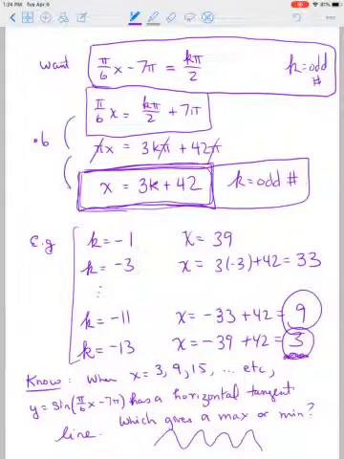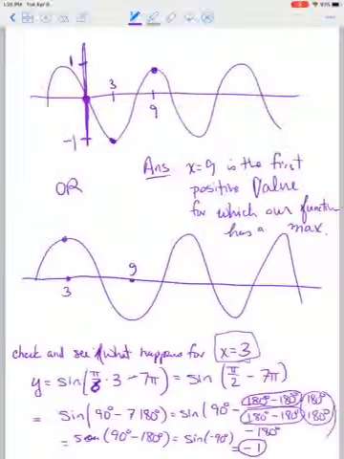Well, in conclusion, we know that when x is 3, 9, or 15, all of these numbers that are in our list, our function is going to have a horizontal tangent line. But is it going to be a max or is it going to be a min? In other words, going back to our picture,